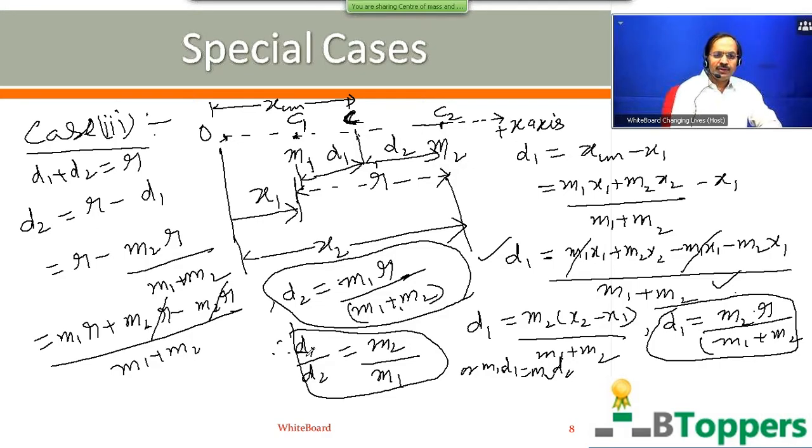That means what? This equation implies that position of center of mass system of the two particles is independent of the choice of the origin. So ratio of the distances of the two particles from their center of mass will be equal to inverse ratio of their masses. So the conclusion is that in general for system of 2 point masses, the center of mass of system of 2 point masses always lies in between the 2 point masses and on the line joining the 2 point masses, such that the ratio of the distances of the two particles from their center of mass will be equal to inverse ratio of their masses.